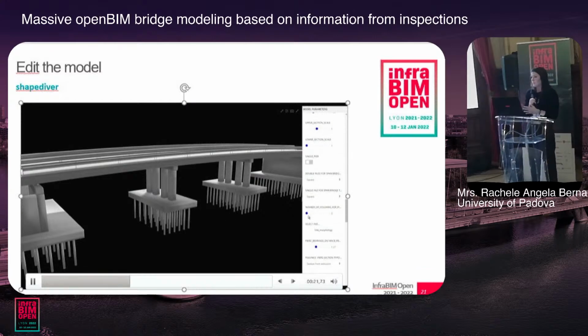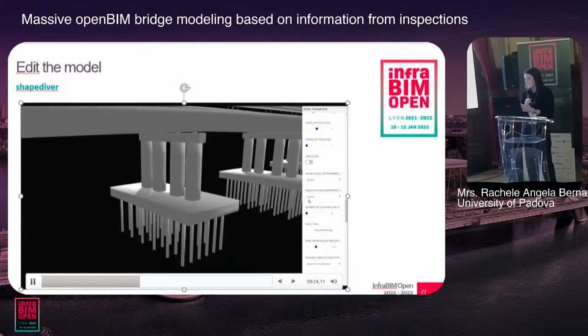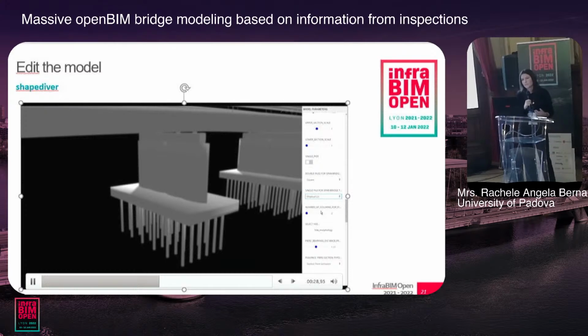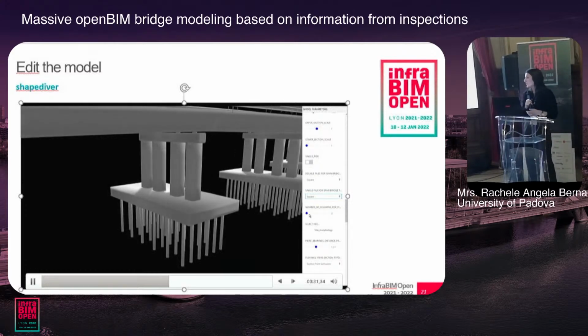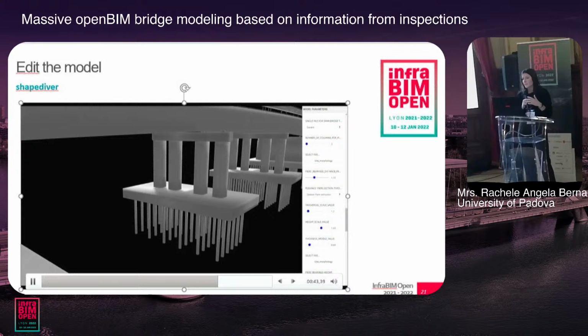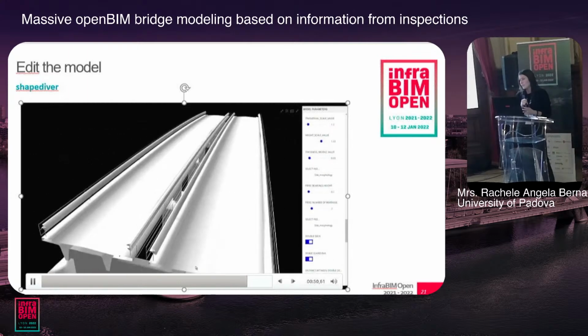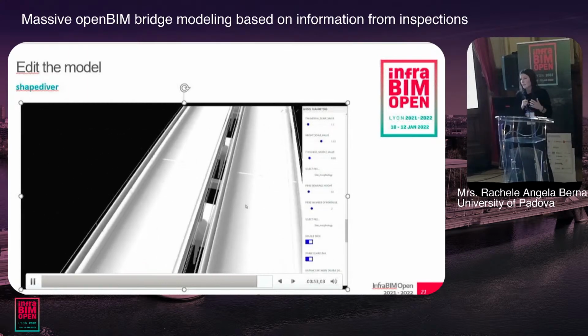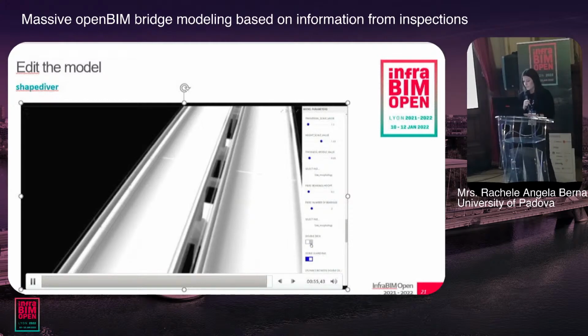Some of the parameters can be modified and set also in ShapeDiver, uploading also external references, for example the profile of the pier columns, the pier cap, and the girder of the deck itself. And again, just to show that this is possible, the inspectors doing their own activities can modify this information and these parameters in order to have this quick model of the bridge.